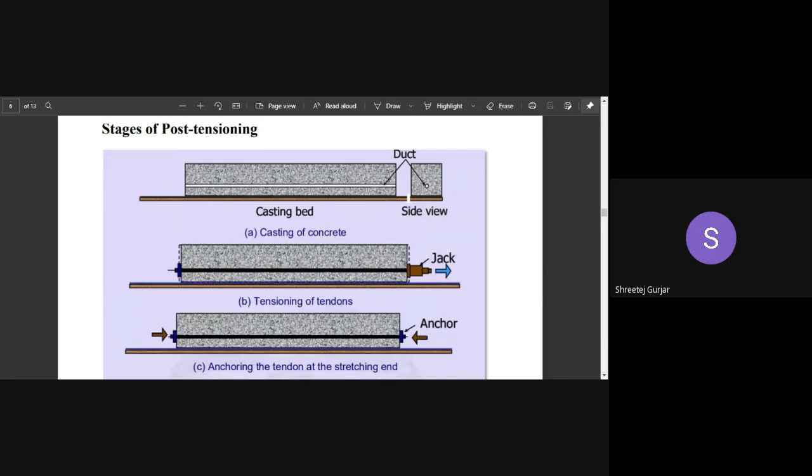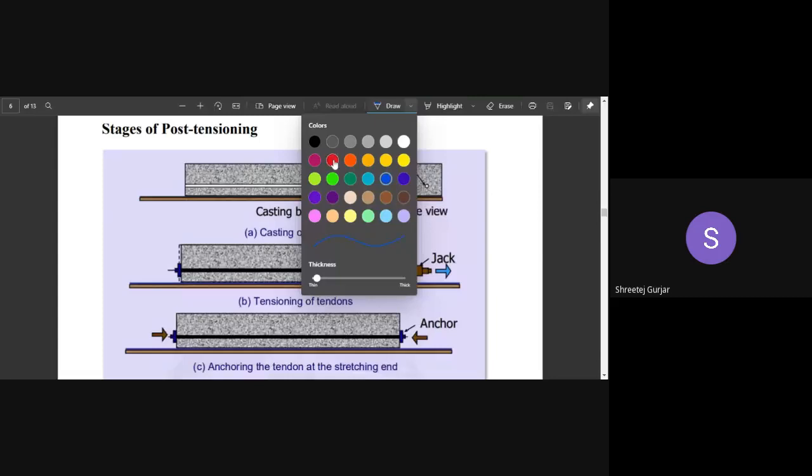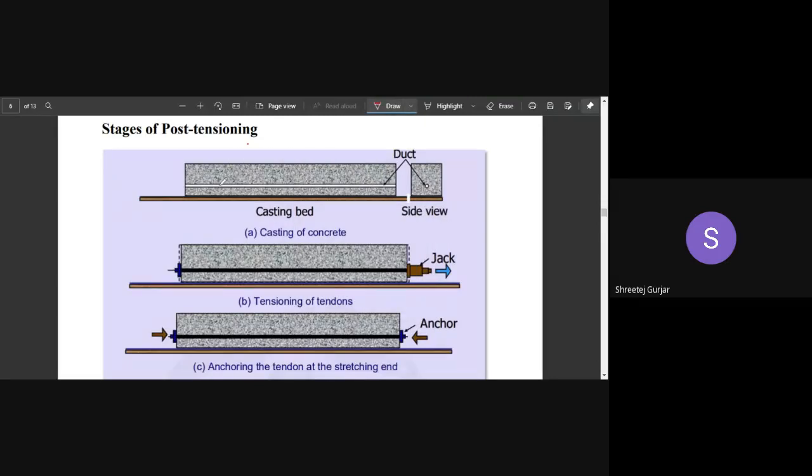Let me draw and show you how the profiles can be. This is one profile wherein you have a horizontal duct. If you want, you can have this kind of inclined duct, inclined, and then it goes straight, and then again inclined up to your end. So this can be one profile. Coming to one more profile, you can have a parabolic type of duct, following a curved path like this, a parabolic curve. So this can be the profile of your duct.